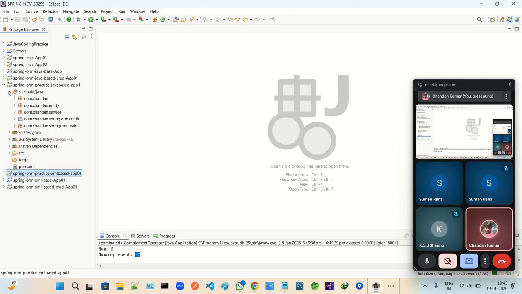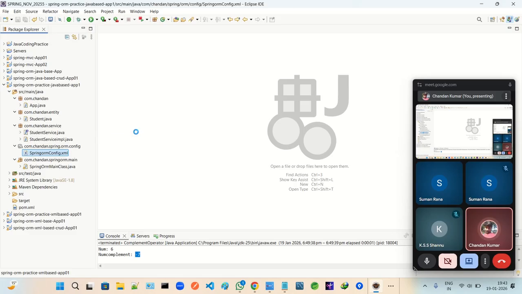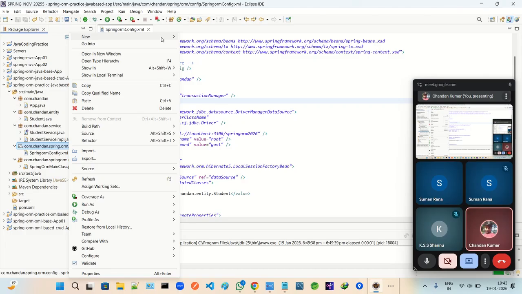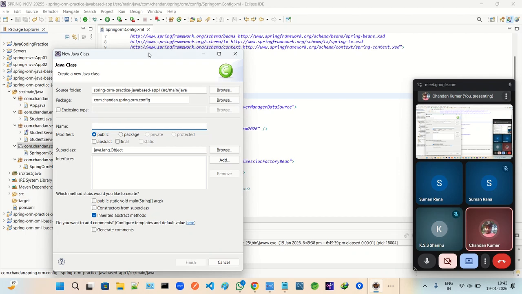In this, everything we have already completed so far. Now we are going to replace the configuration we have done in the Hibernate configuration. For that, let us have one config package, and in this we'll make the Java based configuration. One class will be prepared over here, and that class name would be what,